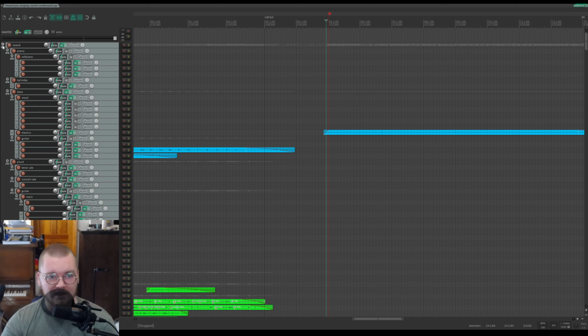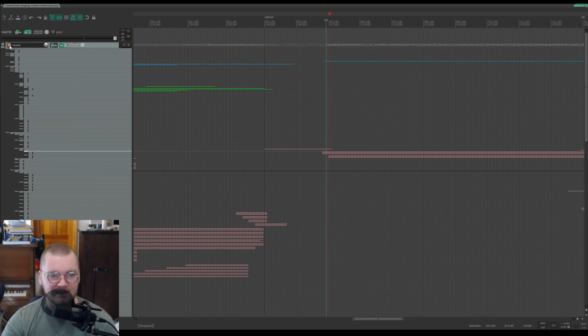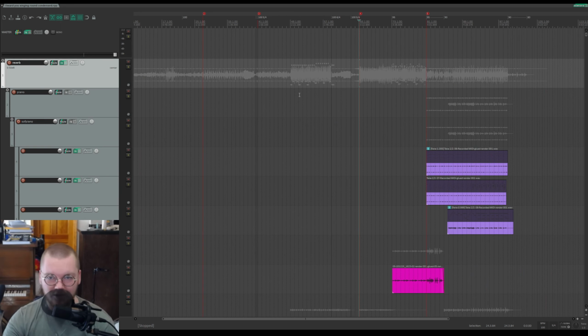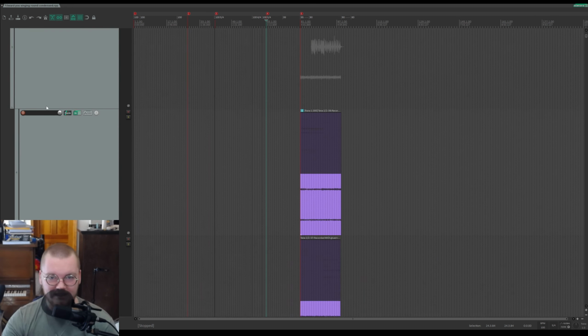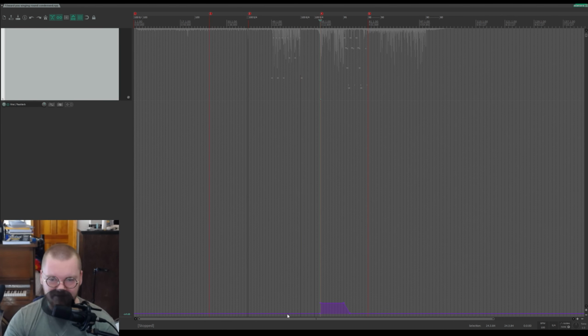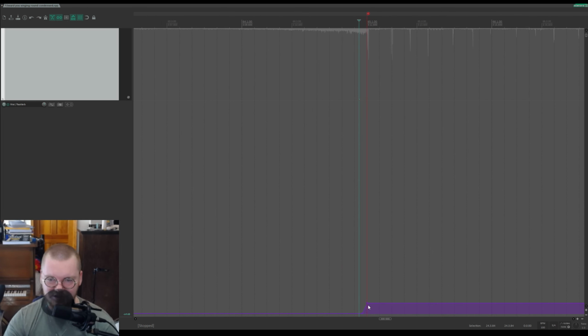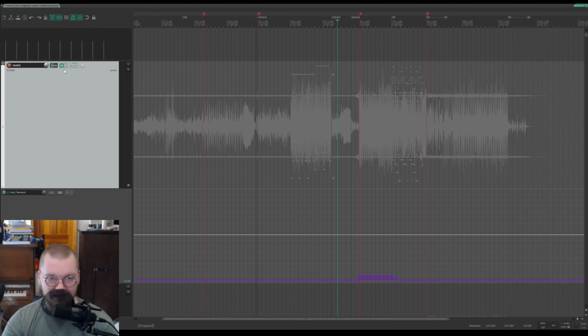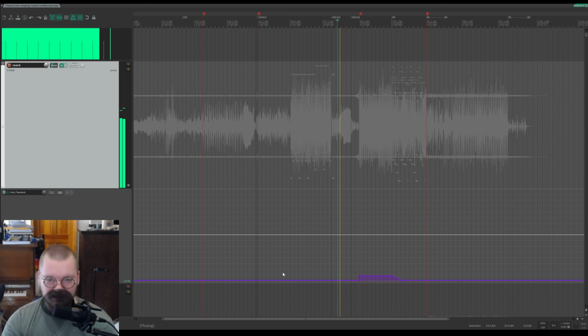But what I did was I put reverb on a track and then put everything else into that. So at the beginning, when I had everything condensed, there's just a track called reverb that everything else is inside of. And then I automated the wet of that effect. You could barely even see it, but it's at negative infinity for most of it. But then during this section, it jumps up to negative 20. Actually, it'd be easier to see if I just open up the effect itself. So if you watch this thing right here,